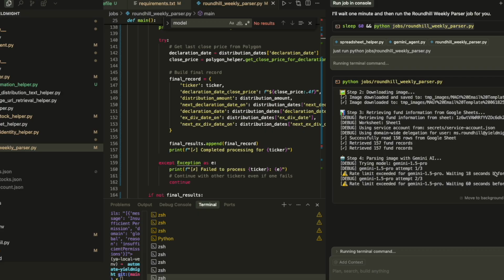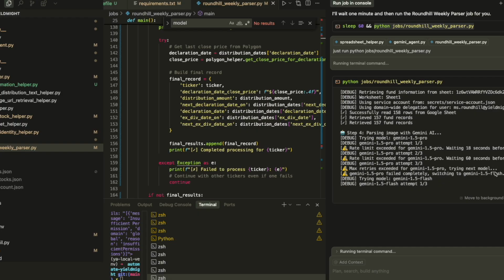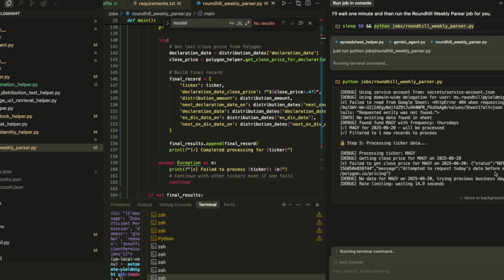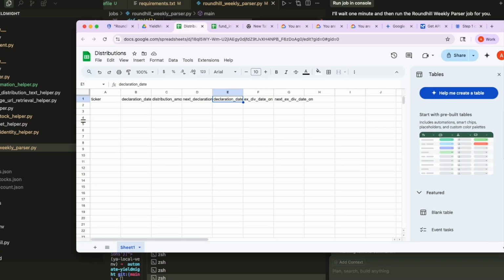But we will see if this works or not. The intent of this was for it to also produce a spreadsheet, like a CSV that I can see locally, and then I have set up instructions for it to actually populate this distribution spreadsheet. And when it populates this spreadsheet, I can then set up YieldMight to say any new rows or any modification to a row, I want that updated in YieldMight or added to the YieldMight distribution.